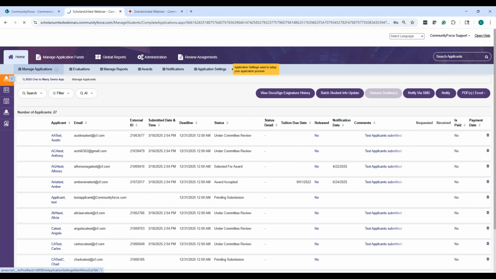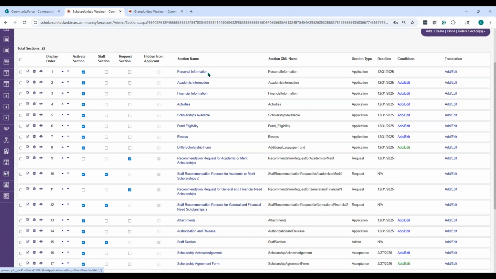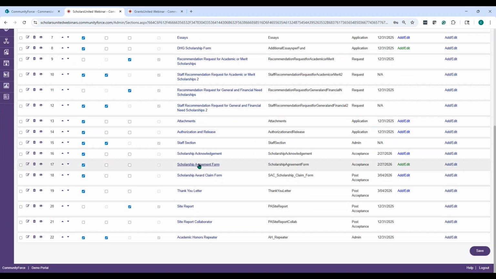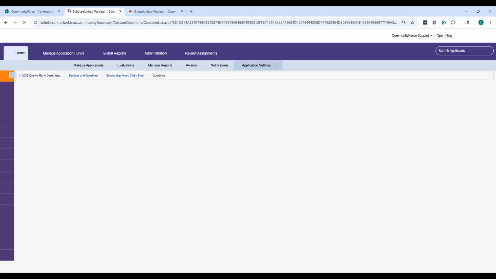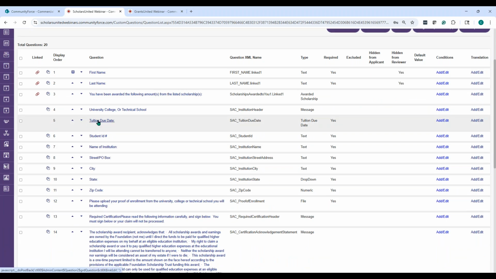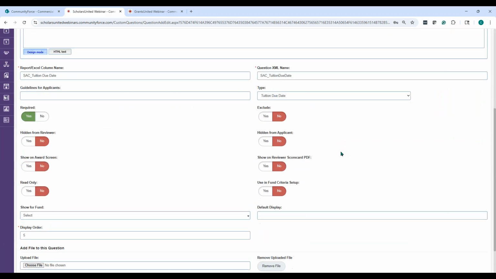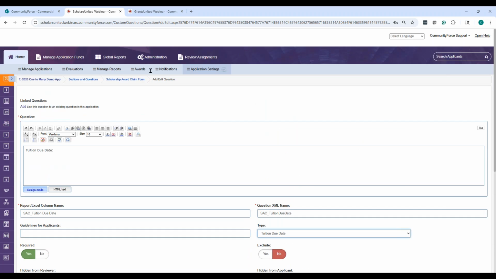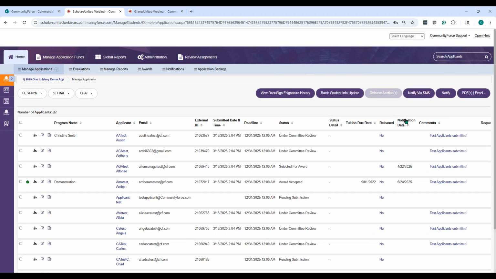So when I build my application, what I did is in my scholarship claim form here, I said, one, they're accepting their scholarship, but what's the date that the tuition is due? So when I created this question, I have a question type, tuition due date. I selected that specific question. And then when the applicant completes it, then what it will do is populate the field here